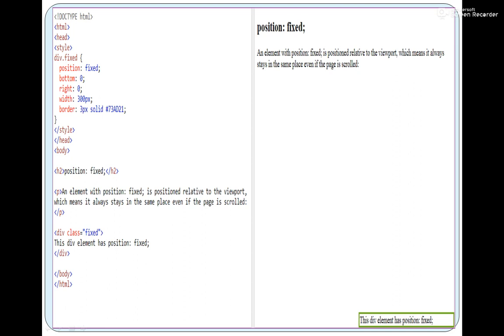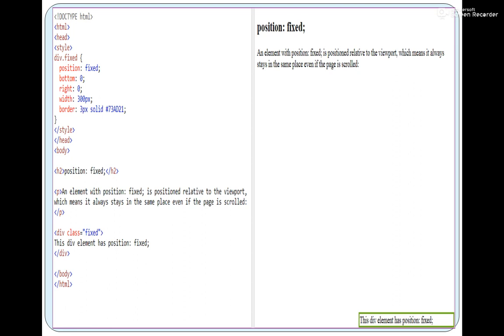For this example, we have written bottom equal to 0 and right equal to 0. Bottom 0 means there should be 0 pixels from the bottom, so it has to be placed at the bottom, agree?